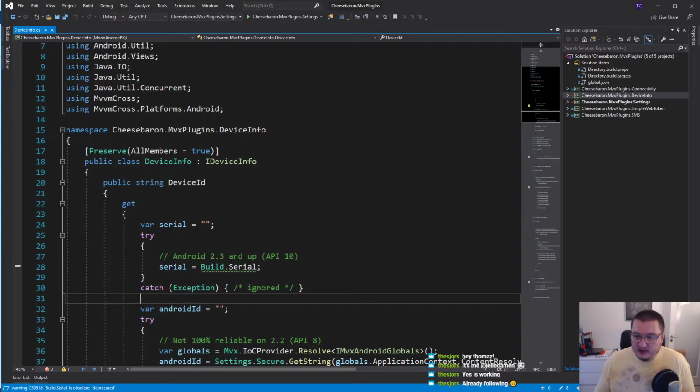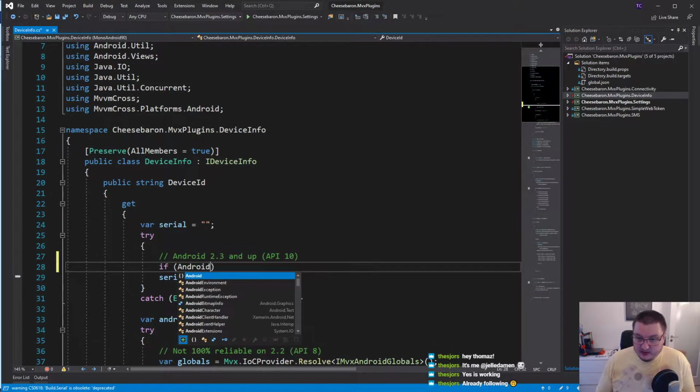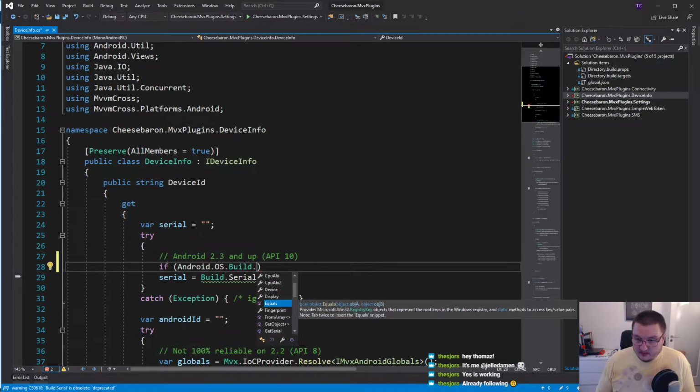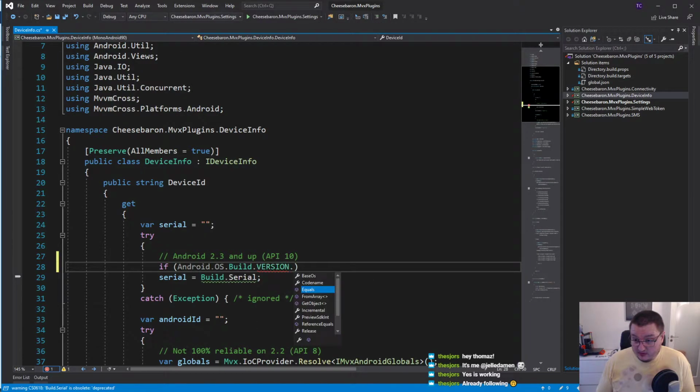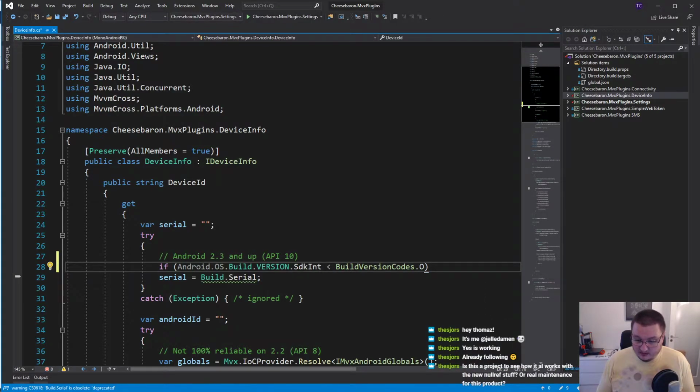So if we go back, if Android OS build version SDK int is less than build version codes, and 26 is somewhere down here, which is Oreo, I guess. Yep. So if it's less than Oreo,